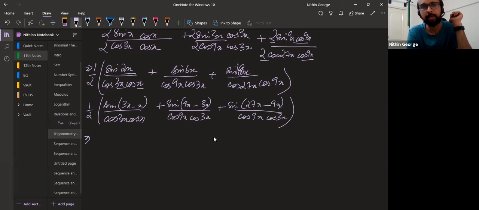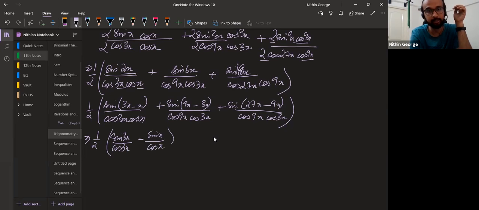All right, what happens here? This becomes sin 3x cos x minus cos 3x sin x. Sin 3x cos x, when I divide it by cos 3x cos x, will cancel out. What remains is sin 3x by cos 3x, minus cos 3x sin x, using sin a cos b minus cos a sin b. That's the second part. Cos 3x cancels out, and you get sin x on the numerator, cos x in the denominator.